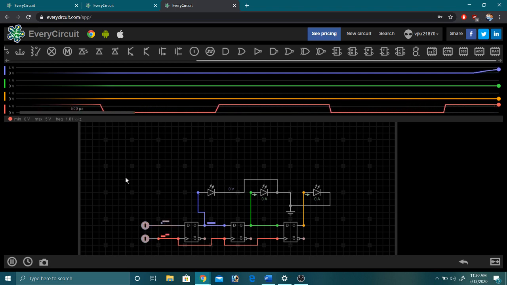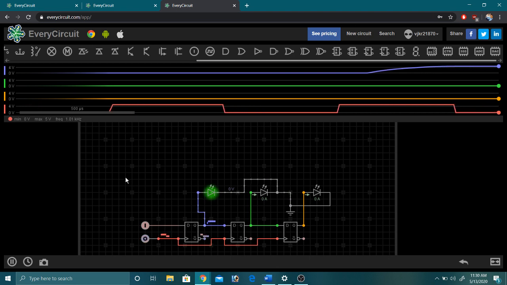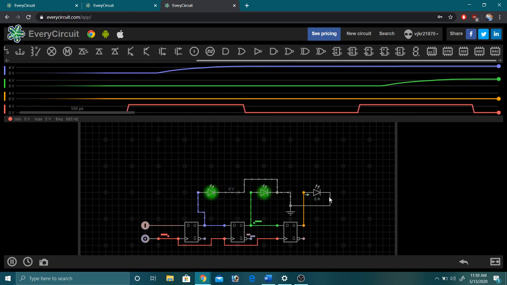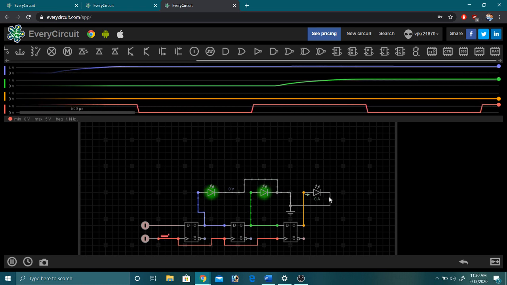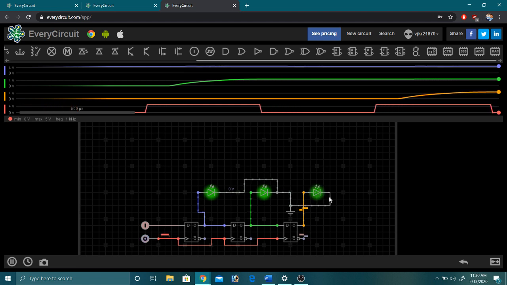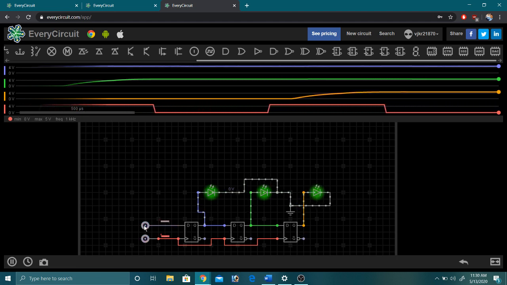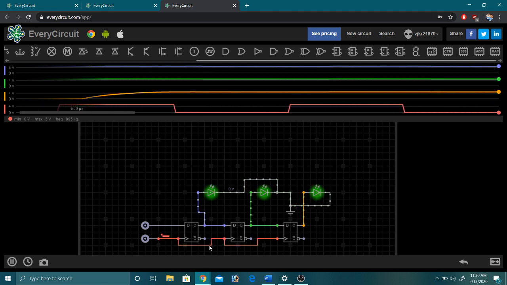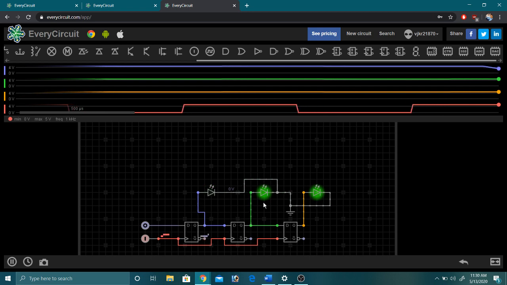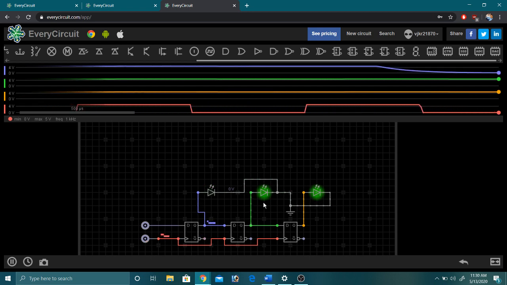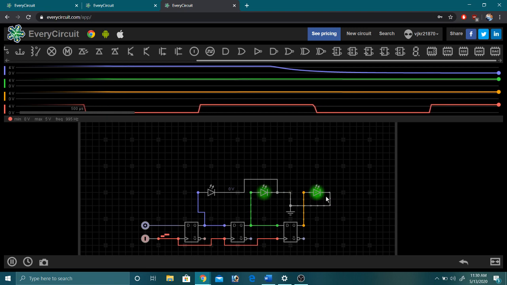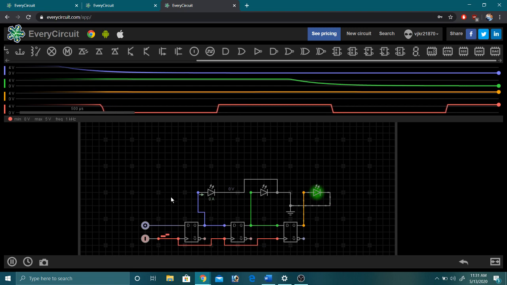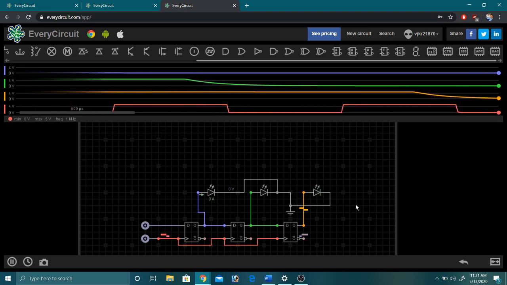First LED should glow. Very nice. Then second LED should glow. Then third LED should glow. So now all 3 LEDs will be on. If I make this 0, first LED will be off. Then second LED will be off. Then third LED will be off. Means we are shifting 1 from left to right, and we are shifting 0 from left to right.